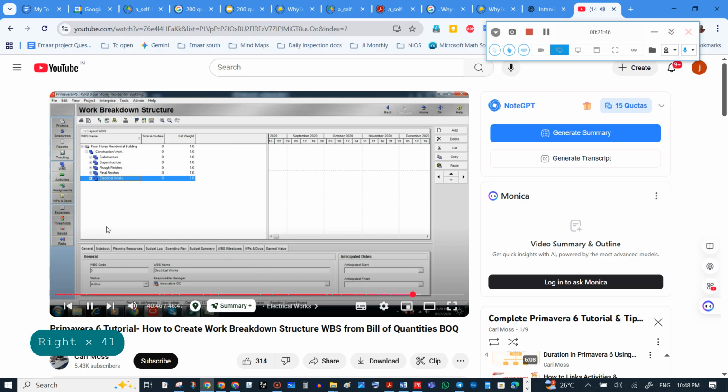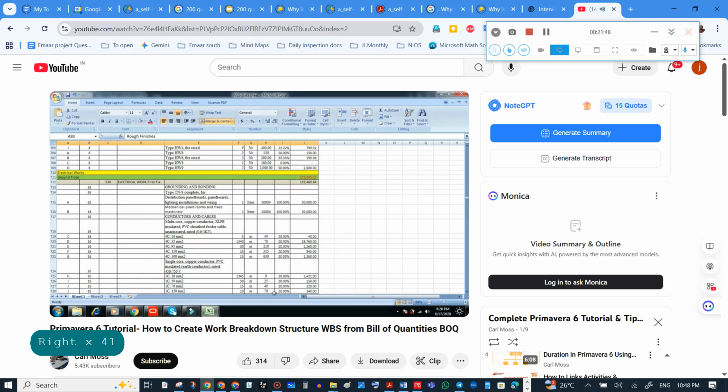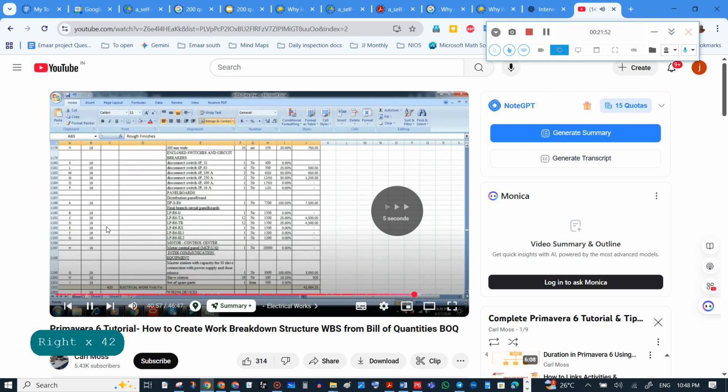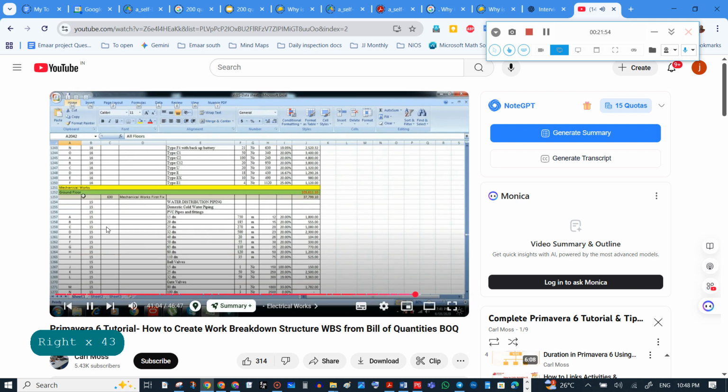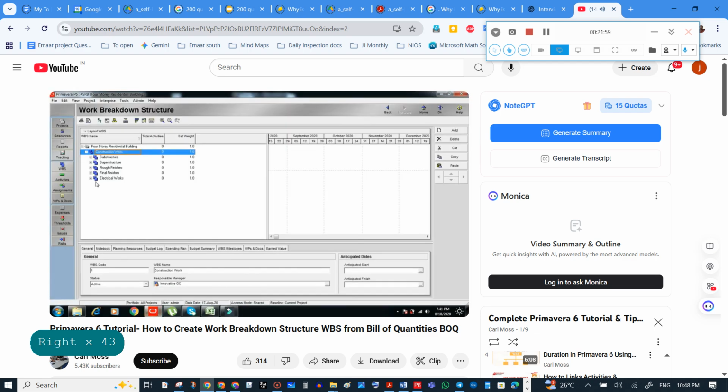Then the next after electrical works. Same procedure, copy the electrical works because they have the same sub-levels, which are ground floor up to roof floor, and paste at the bottom of construction work.